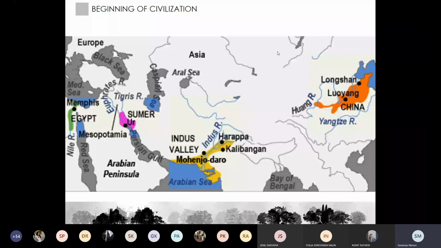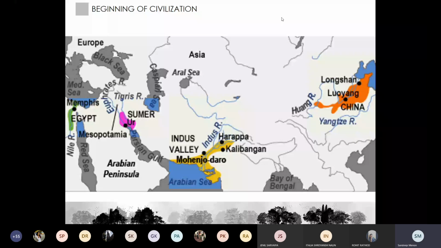Okay, so even before we get into the beginning of the civilization, it's important to know that the Earth is 4.8 billion years old. We humans are 2 lakh years old. So if I can put that in words, it's 480 crore years old is how old the Earth is, and we humans are just 2 lakh years old. So when you look at it as a timeline, you would know how small our involvement in this Earth has been. And it's only in the last 10,000 years that we've evolved from